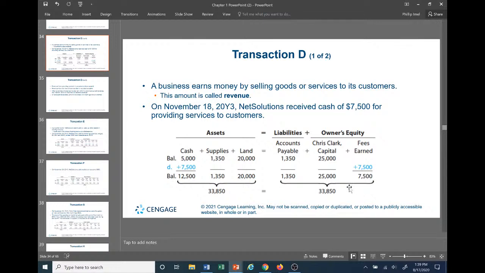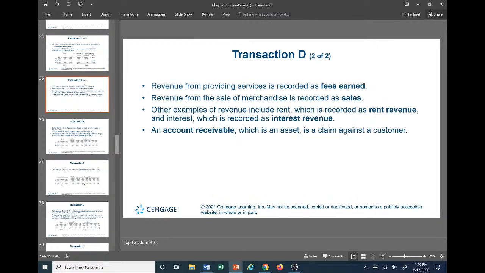So therefore, the liabilities and owner's equity increase proportionately to that of the assets of $33,850. I hope this is making sense to everybody. And like I said, this is just compounding and building upon these transactions that we went over previously in these slides. Main thing to know is assets equals liabilities plus owner's equity. So a change in here has to be a change in here, right? Let's throw another transaction in here. This is still relating to transaction D that we just went over.